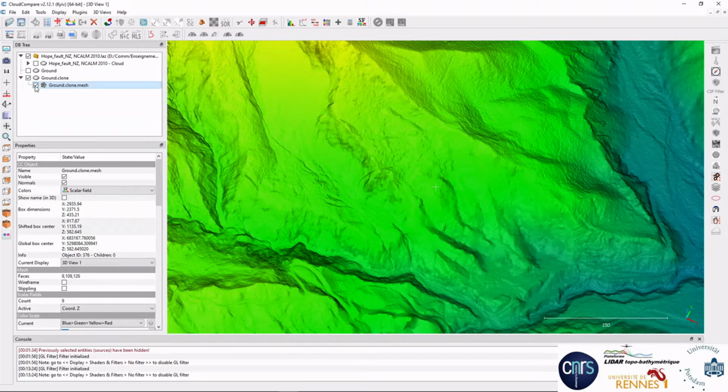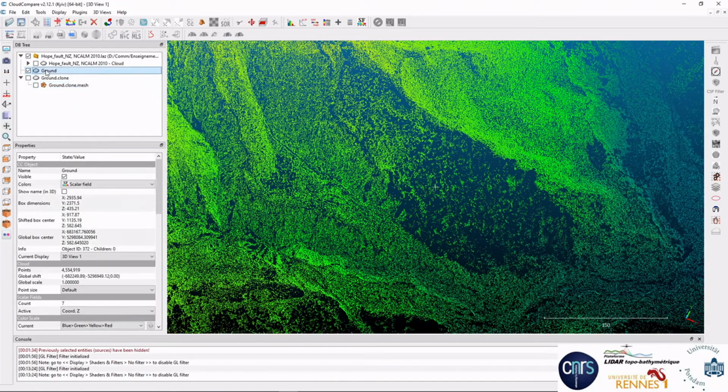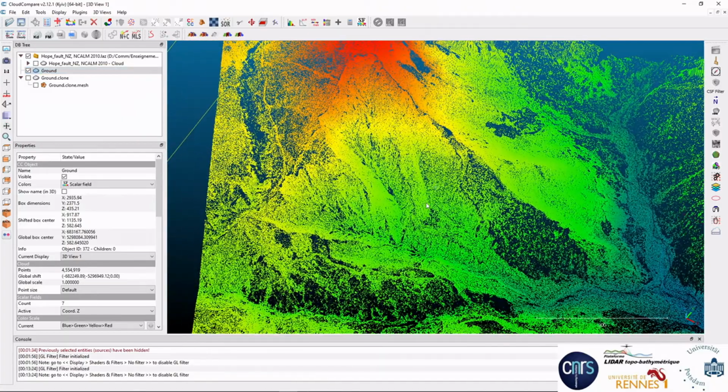So there is another way in CloudCompare to do a triangulation through the Poisson reconstruction. And one way to do a better reconstruction is to have normals which are slightly less fluctuating. Here, because the normals are computed on the nearest neighbors, which are really close, they can fluctuate in orientation very quickly.